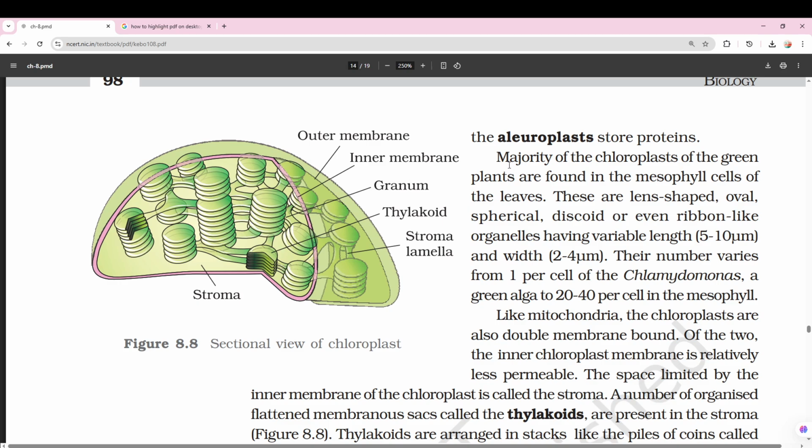The majority of the chloroplasts of the green plants are found in the mesophyll cells of the leaves. These are lens-shaped, oval, spherical, discoid, or even ribbon-like organelles having a variable length of 5 to 10